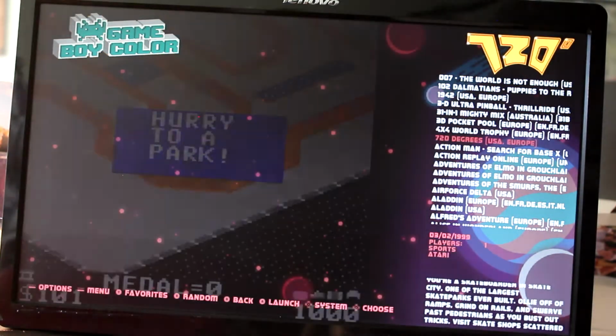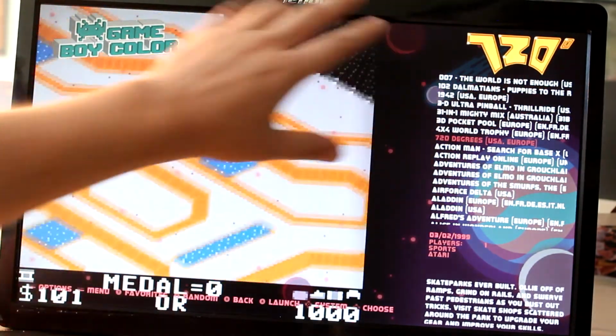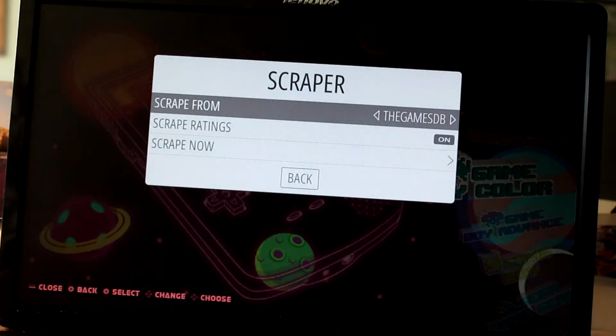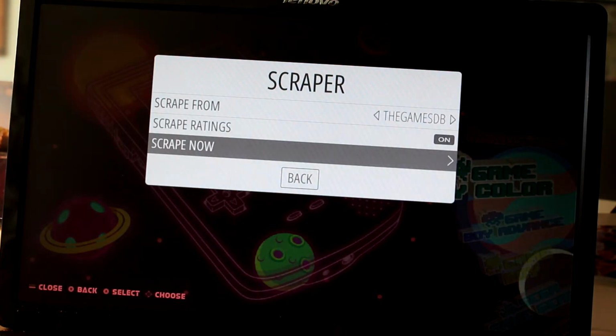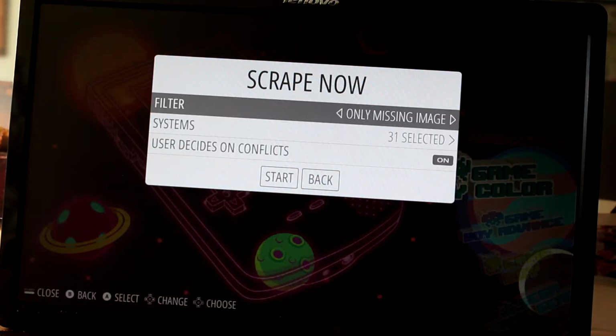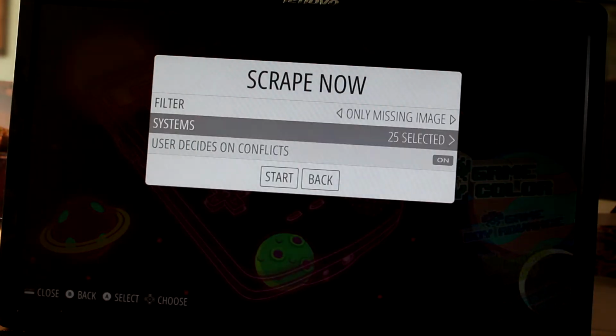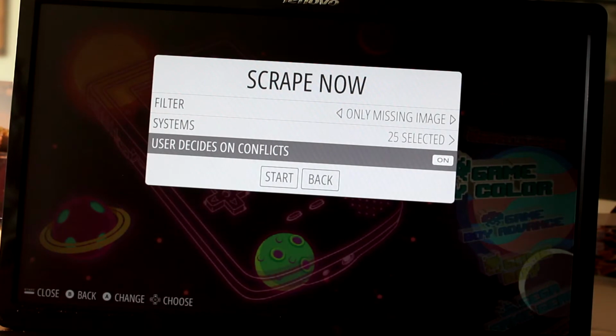So, if you want to see artwork for your games, and you want to see box art, and you have a small game collection, then you can use the internal scraper. It's very easy. You just hit scrape now. You select only missing images, because obviously you don't want to get box art for the games you already have. You select the systems you want it to look for, and then this button that says user decides on conflicts,